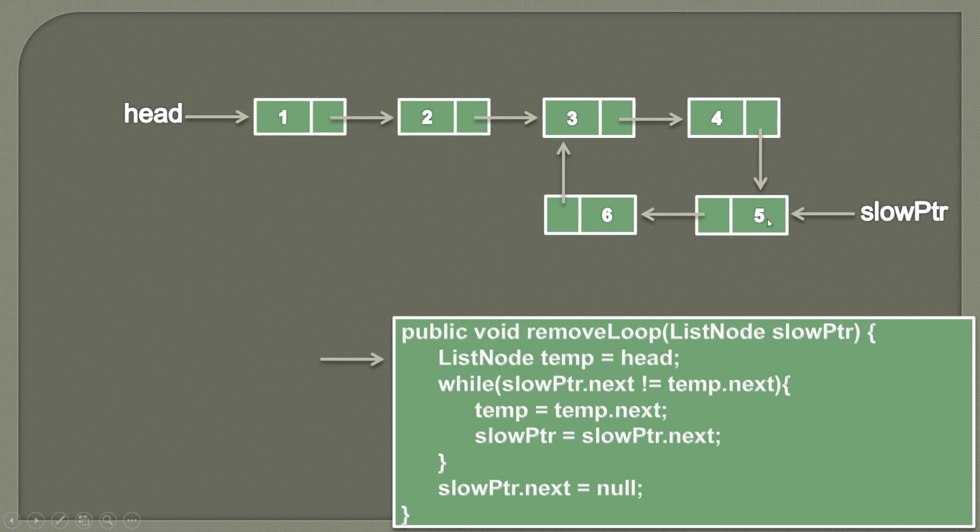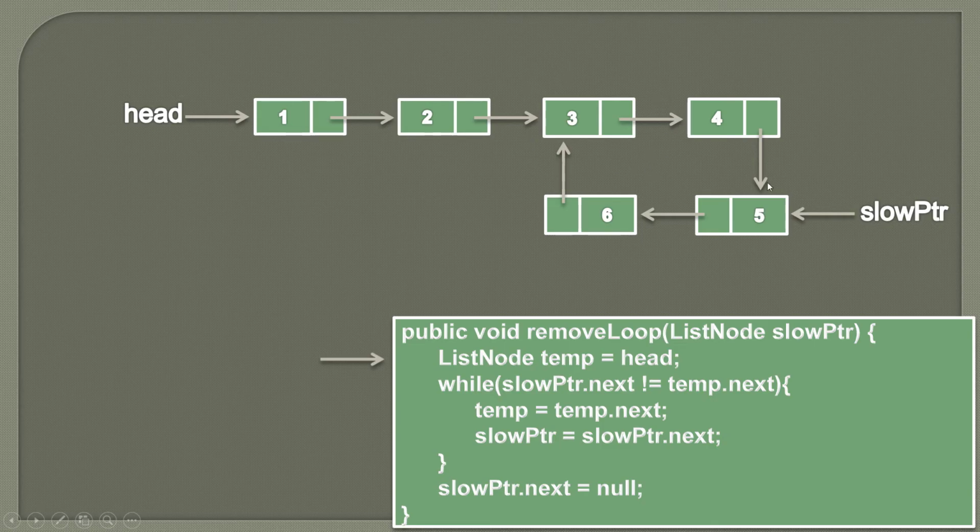So friends, in one of our previous videos, we discussed how we can find the starting node of this loop. What we did was, we created a temporary variable, started it from head, and then moved temp by one step and slow pointer by one step, and where they met was our starting point of the loop. We also proved the algorithm mathematically, that moving temp by one step and slow pointer by one step in a while loop will make them meet at the starting point of the loop. So this algorithm we proved in our previous videos, so you can watch those videos.